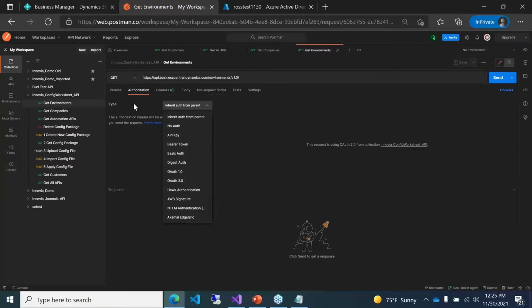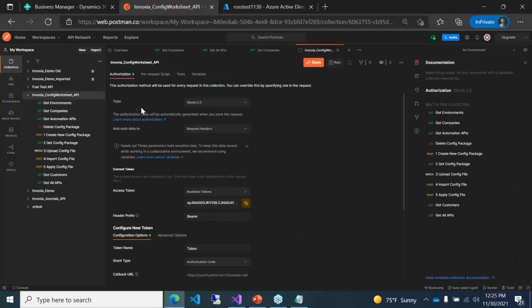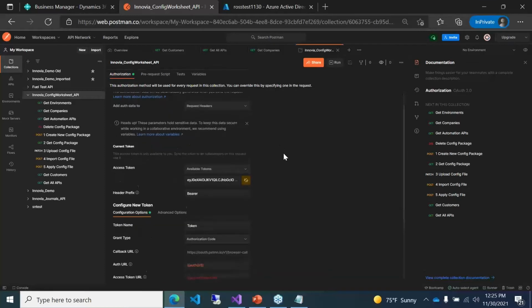I'm going to go ahead and keep it inherit auth from parent, so I don't have to keep on generating new tokens for all my APIs. I'm just going to do it at the parent level here. And so I've set up my authorization to be OAuth 2.0, and there's all these other types. OAuth 2.0 is what we're focusing on. Add auth data to request headers,